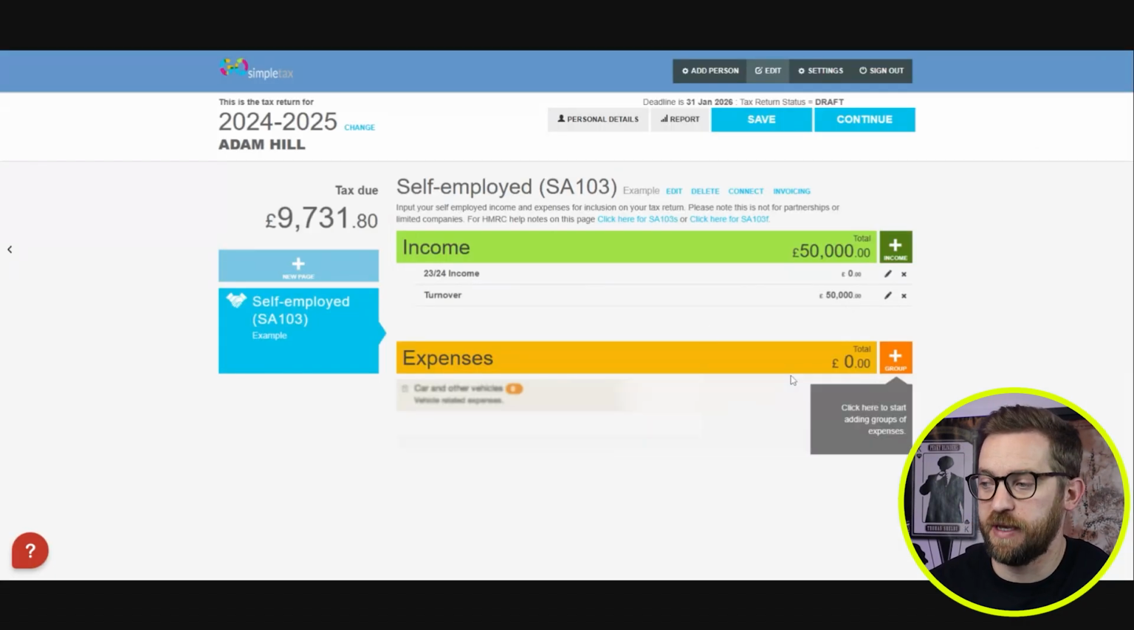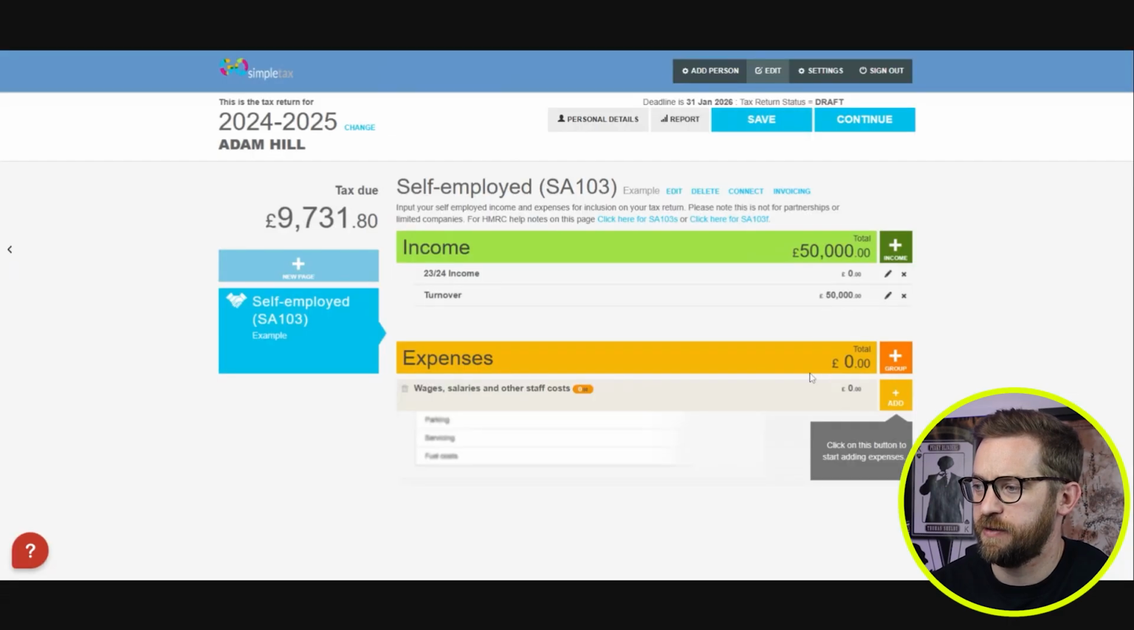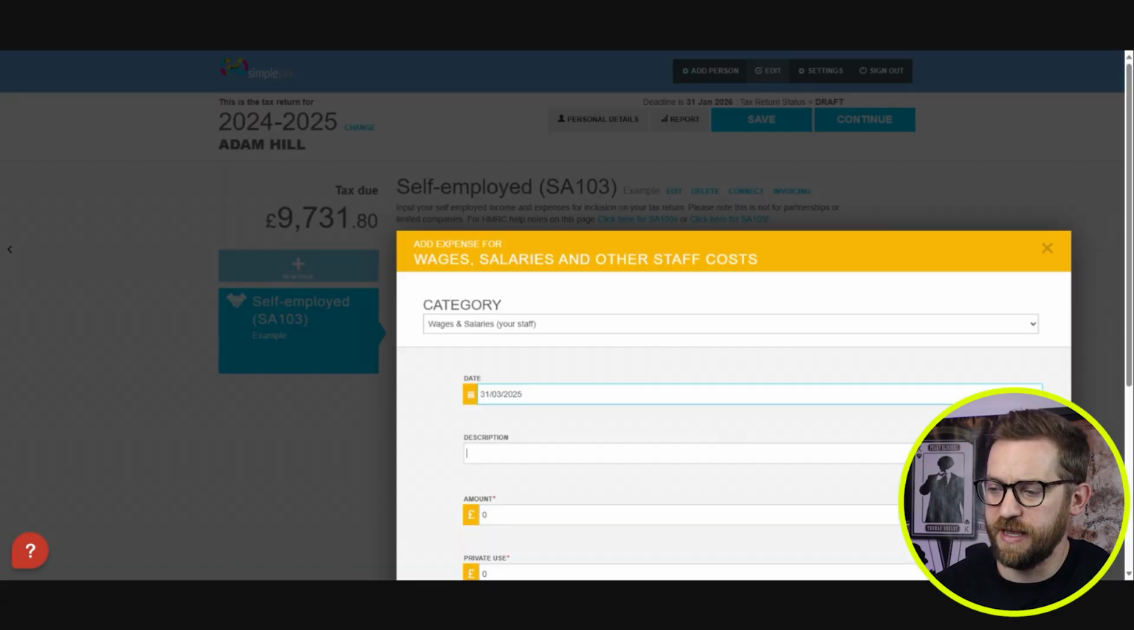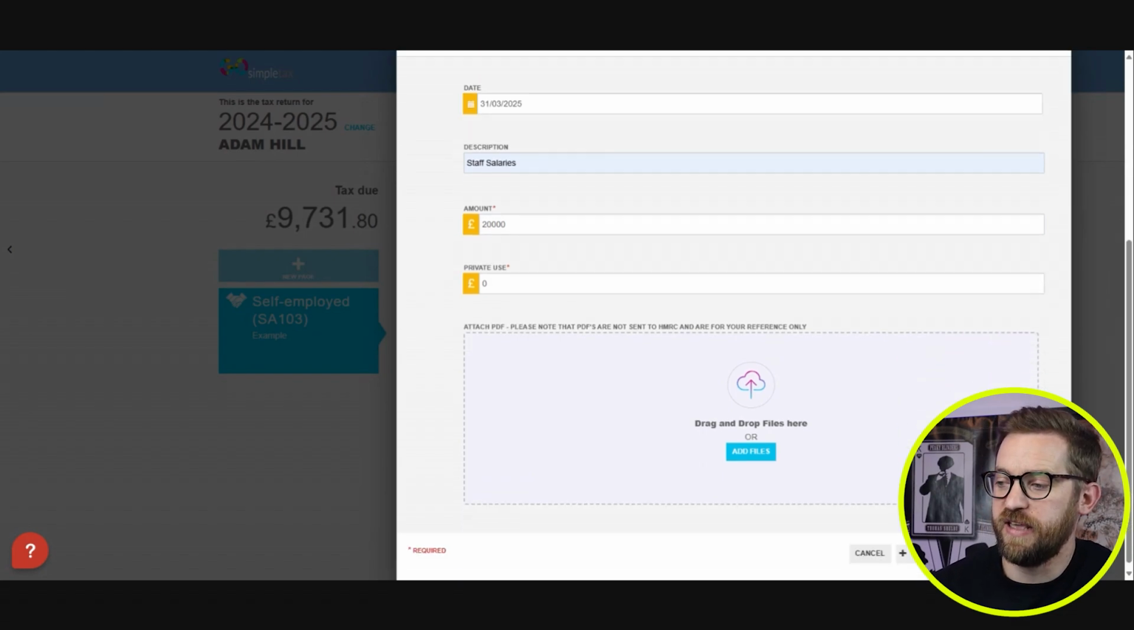Then to add a figure for my expenses, I'm going to click on the orange section this time and add group. I'm going to go with wages, salaries, and other staff costs. You can, of course, break this down by different sections, but I just want to provide a single figure here. Again, providing a date, a description, and then an amount. So as we did with HMRC's portal, I'm going to provide a figure of £20,000,